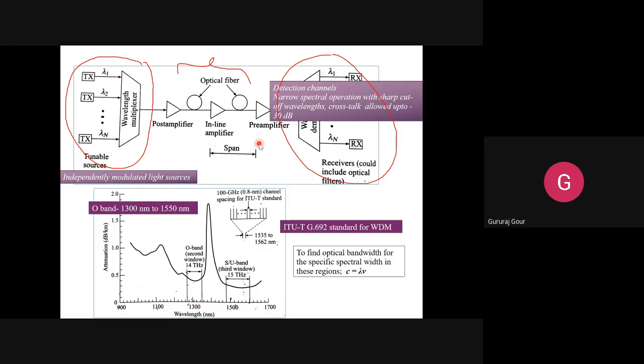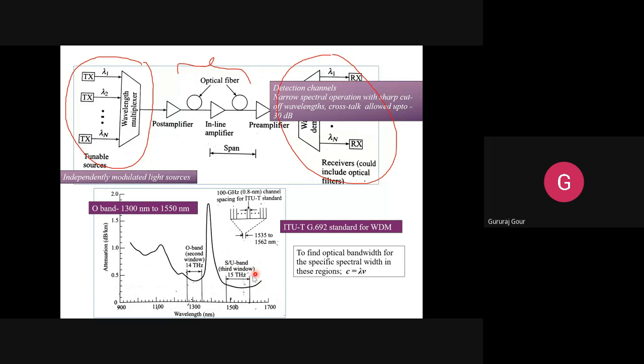From the above equation, the optical band delta V equal to 14 terahertz. This one is taking O band, 14 terahertz. Maybe he has given this range of wavelength. For this range of wavelength, we have to remember 14 terahertz. For this kind of wavelength range, you have to remember the band will be 100 gigahertz. And for this range from just below 1500 to 1600 wavelength, it is going to support the band of over 15 terahertz. Or sometimes you may get in an exam O band, so you have to make out the band will be 14 terahertz.